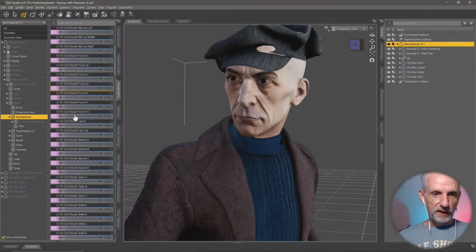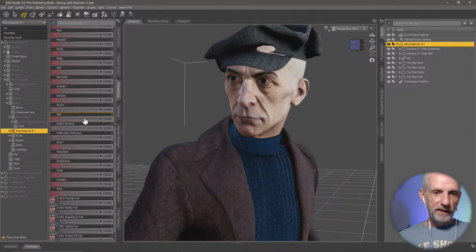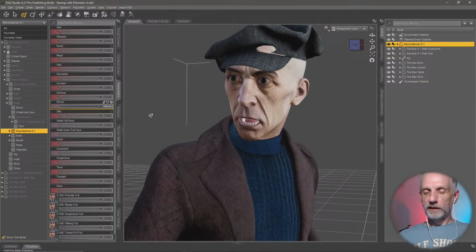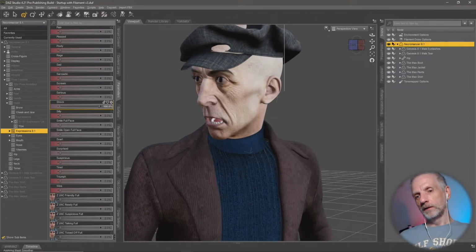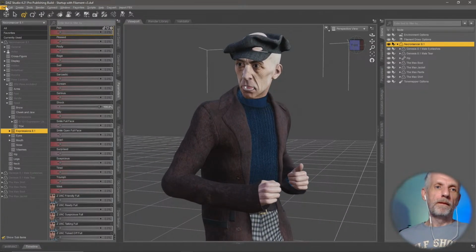Parameters, pose controls, expressions. Just the G81 expressions. Incredulous we just had. Perhaps serious or shock. Shock's good. How dare you not pay the invoice? Yeah, I like it. This is good. Let's do that. So, like before,